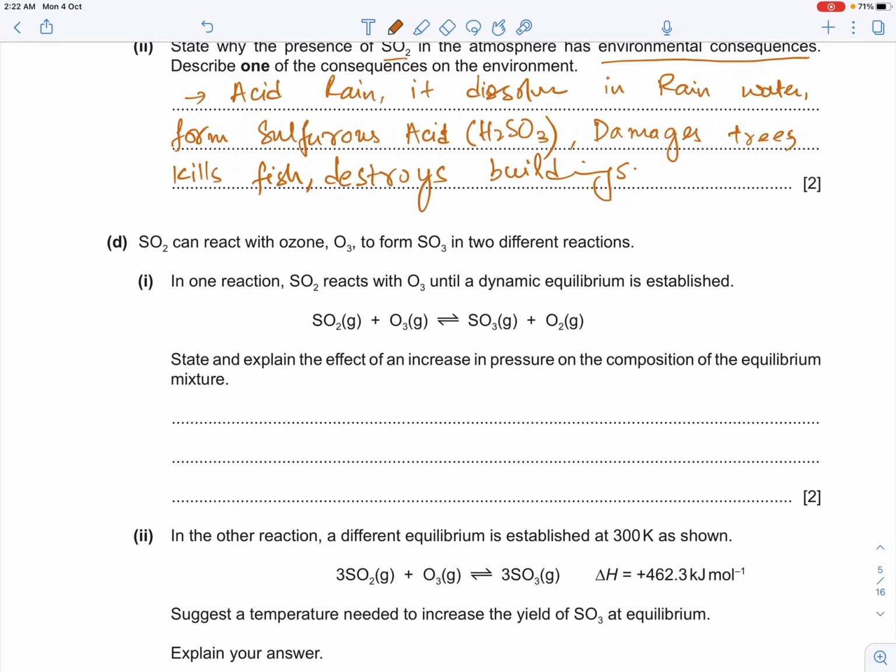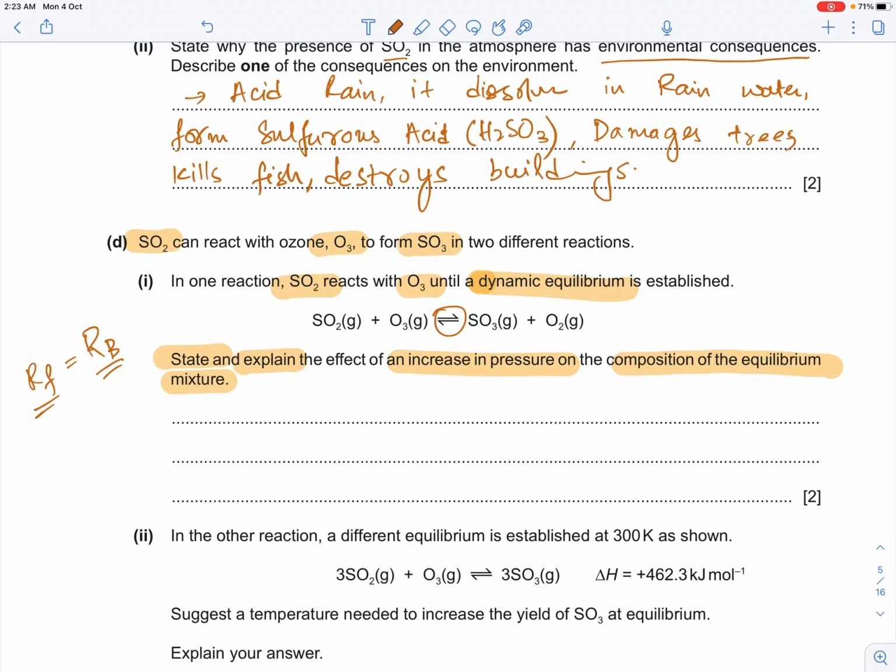Sulfur dioxide can react with ozone to form sulfur trioxide. Sulfur dioxide reacts with ozone to form sulfur trioxide in two different reactions. In one reaction, sulfur dioxide reacts with ozone until a dynamic equilibrium is established. State and explain the effect of an increase in pressure on the composition of the equilibrium mixture. So what is an equilibrium? When the rate of forward reaction becomes equal to the rate of backward reaction in a reversible reaction,